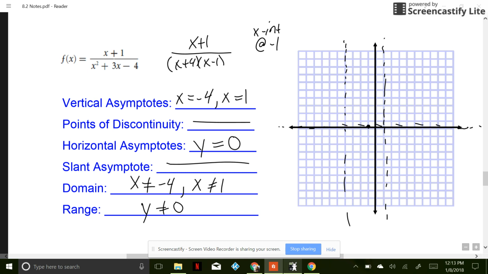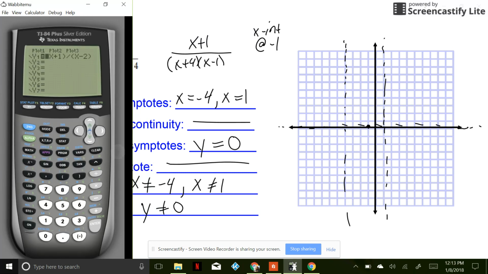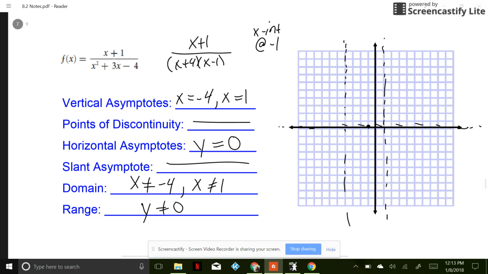And let's go ahead and plug this into our calculator just to see what it's going to look like. So we'll have x plus 1 divided by x squared plus 3x minus 4. We graph, and we can do our shape based off of that general shape for us there. So it looks something like this. Like this with our crossing. And then something like